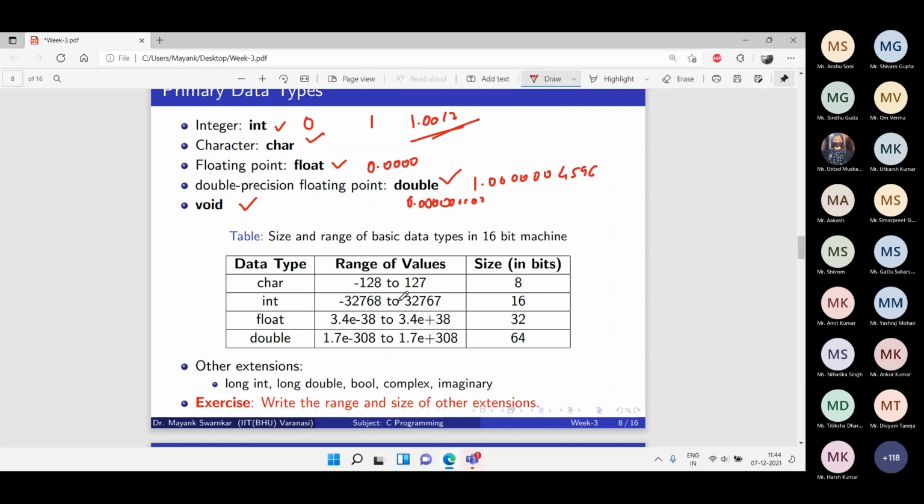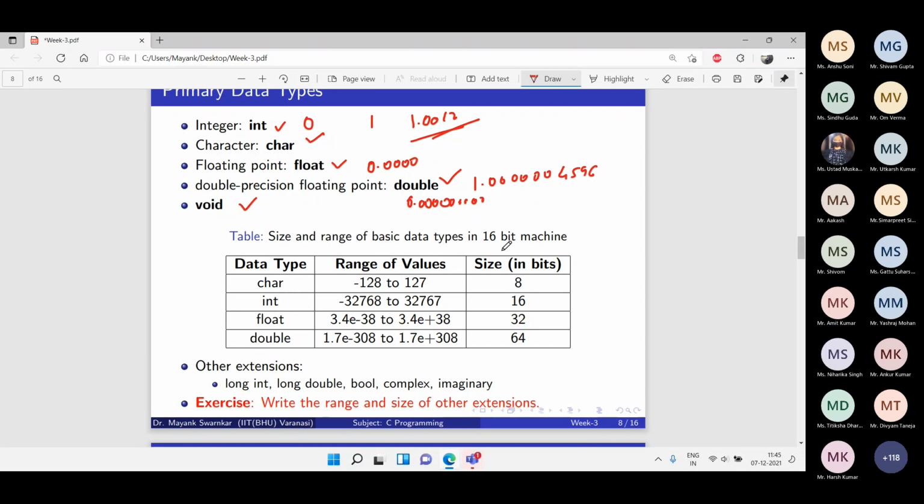Okay. Now, how many decimal places differentiate float and double? This depends on the operating system, processor, as well as compiler. Sir? Yes. Okay. Can we convert float into int? Yes, it can be done. We'll come to those points. We are coming. Don't worry.